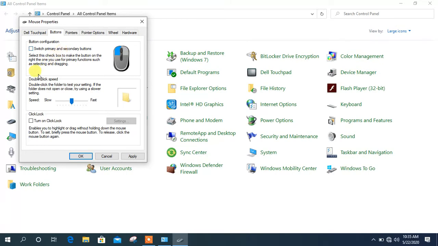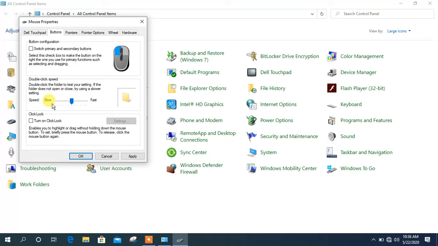Coming to double click speed, this option is helpful for new learners who need to double click within a few seconds, or milliseconds I can say.